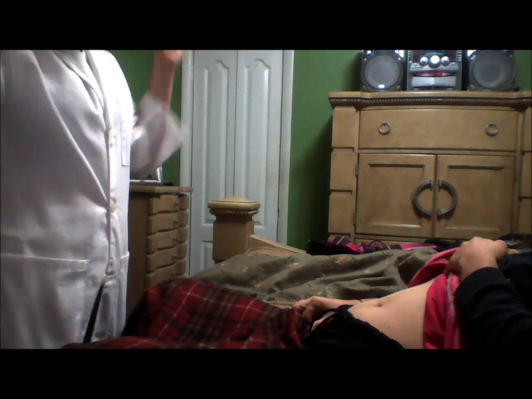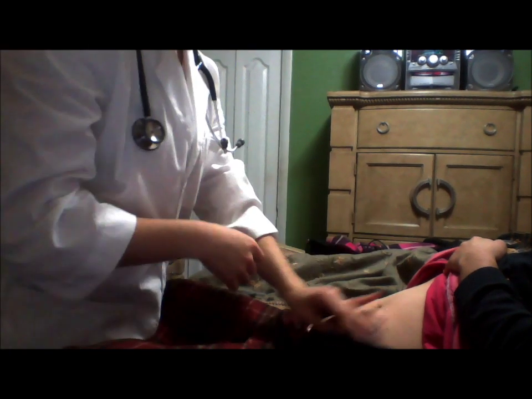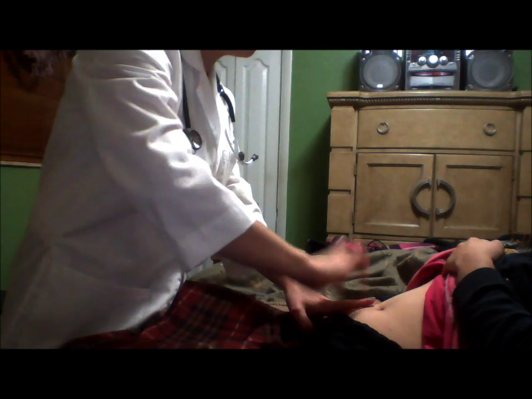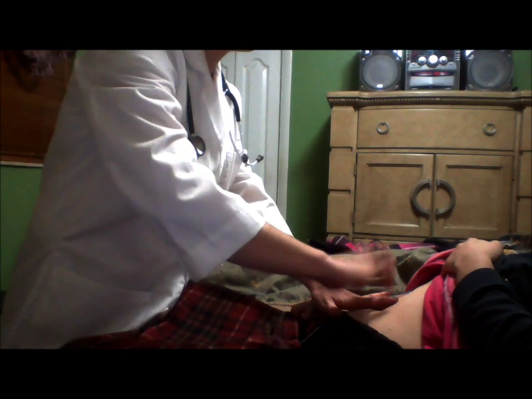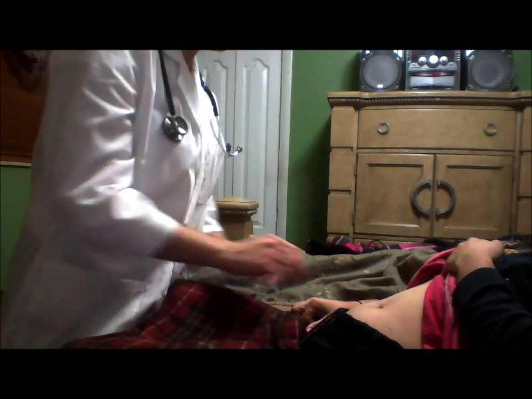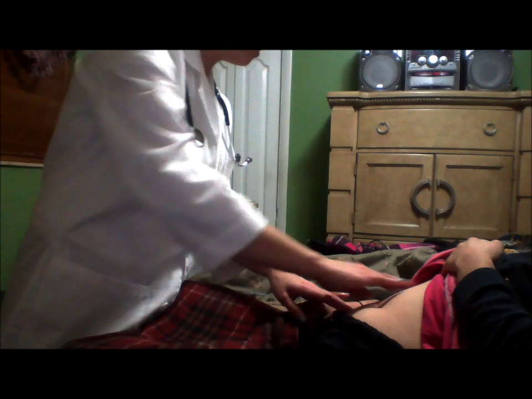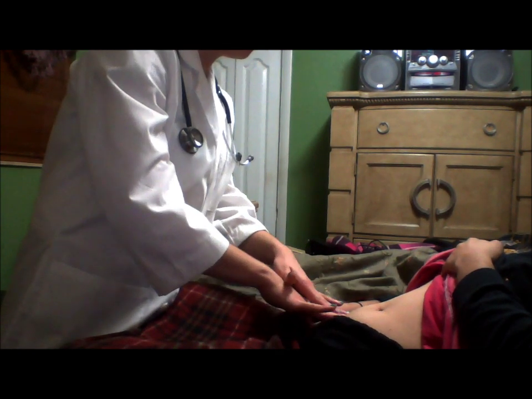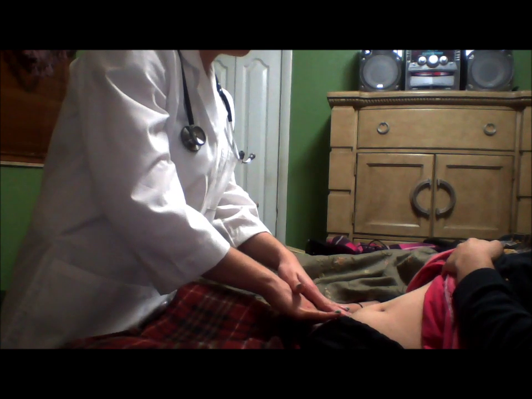Okay. Next, I'm going to percuss, starting on the lower quadrant. And I'm going to palpate the right lower quadrant,